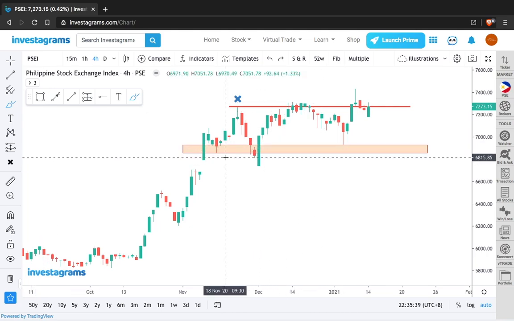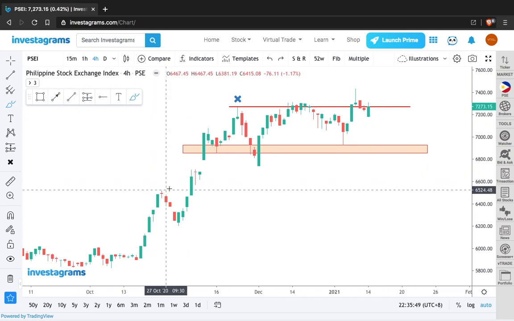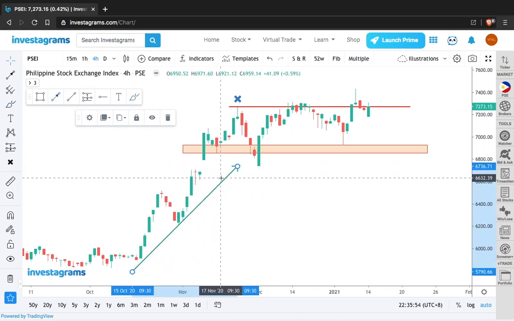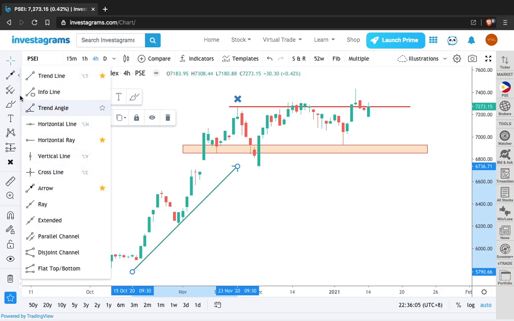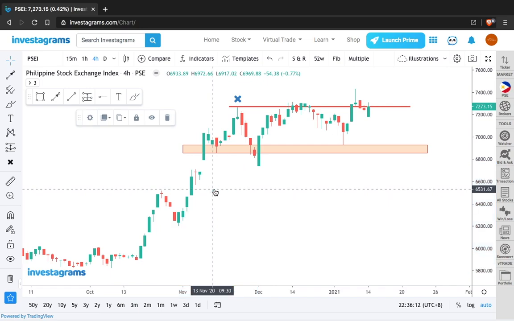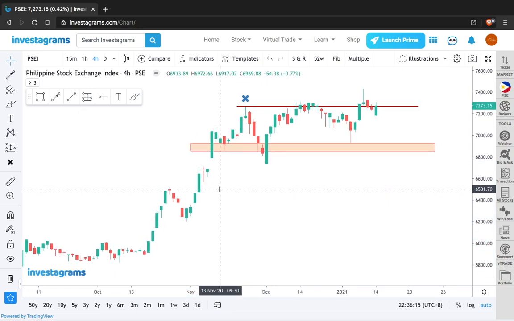I look at where it first bounced off from, or the first pullback on this massive uptrend. You already know an uptrend creates higher highs and higher lows, so thus you see this uptrend right here. And speaking of the next tool that I use, the arrows, I like to use this. This is from one of these right here. You can find it right here. I like to use the arrows to show myself what the trend is,